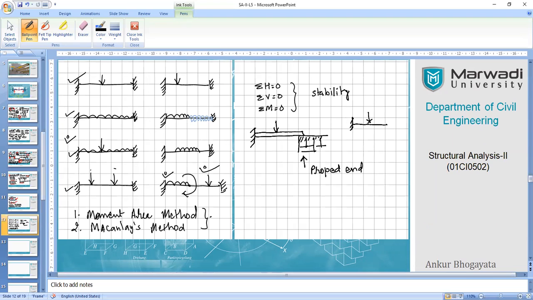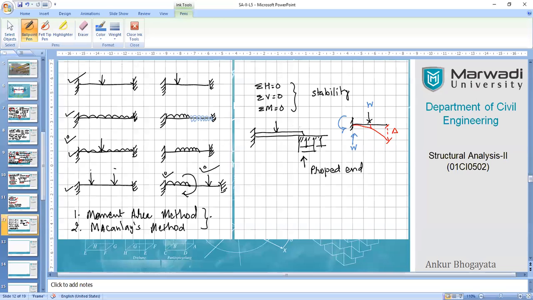then what would have been the behavior of this kind of beam under this force? Definitely this beam would have deflected like this. Maximum deflection at the fixed end and some deformation just under the load also. And accordingly, at the fixed end, you may have the reactions in terms of a reacting moment as well as a reactive force. Let's say this is W, so this will be W again.